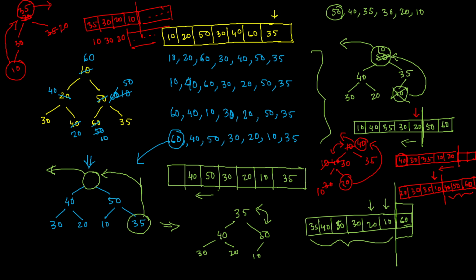Before 40 this 35 will join, and in this way if you continue more steps you will see ultimately you will find the data sorted in increasing order. So basically now I hope you can realize why I said that if I want to do increasing order sorting, we need a max heap.